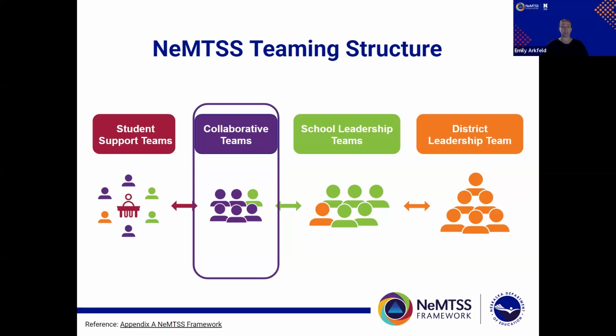Collaborative teams should be made up of a combination of general and special education teachers, specialists, including counselors or social workers, school psychologists, mental health practitioners, speech and language pathologists, instructional coaches, etc., and always making sure to include your paraprofessionals. In addition to their diverse roles within the school system, the collaborative team members should include educators with a